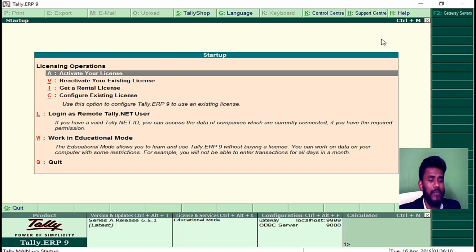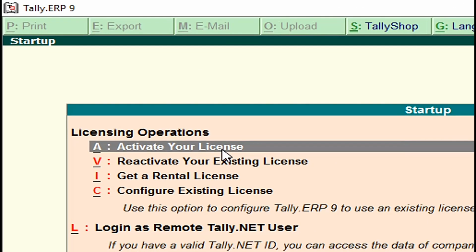So if you want to activate the license for the first time, you just go to activate your license. If you want to use Tally application, first you have to make the payment towards Tally company or Tally partners, and from them you are supposed to get a serial key and activation number. By using serial key and activation number, you can activate the license. And very simple, to activate your license for the first time, just click on activate your license, and the system